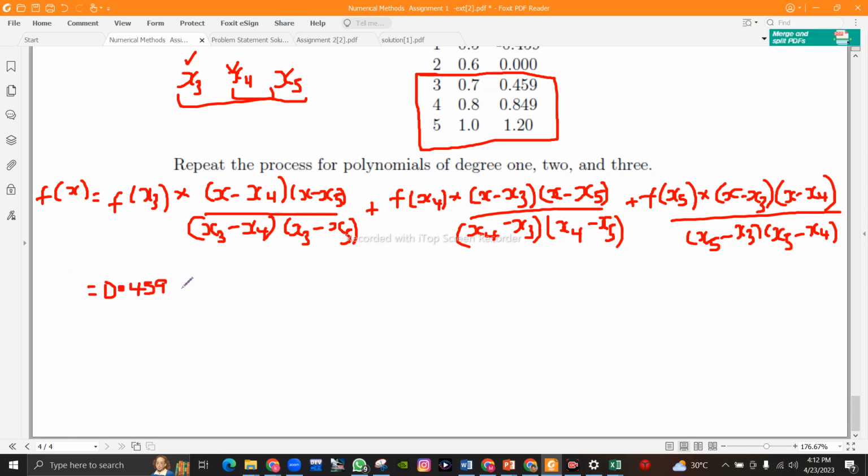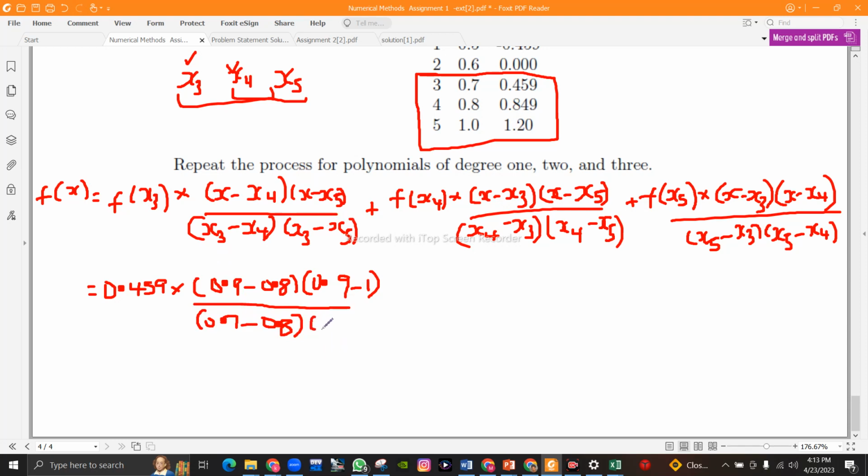0.459 times x minus x4, x is 0.9 minus x4, which is 0.8, bracket x is 0.9 minus x5, which is 1, divided by x3, which is 0.7, minus x4, which is 0.8, then x3, which is 0.7, minus x5, which is 1, then plus f of x4, that's 0.849,